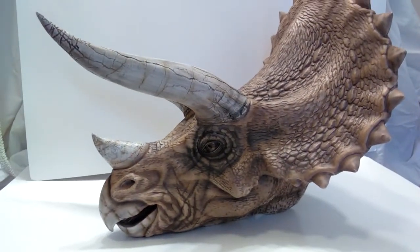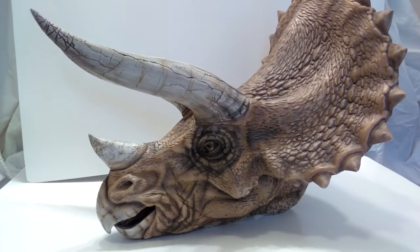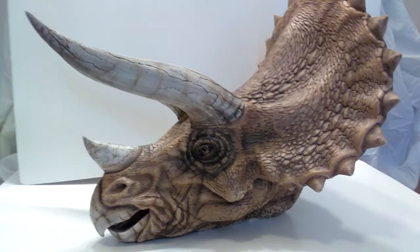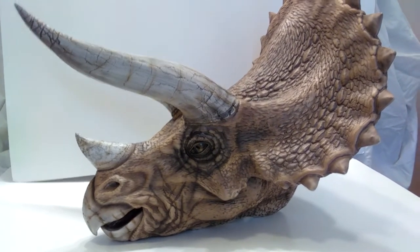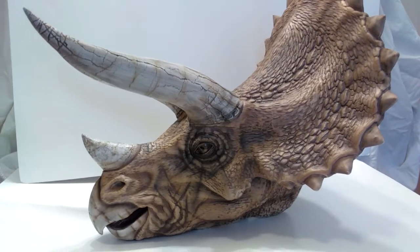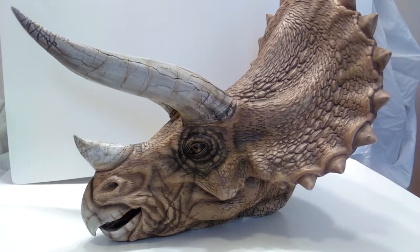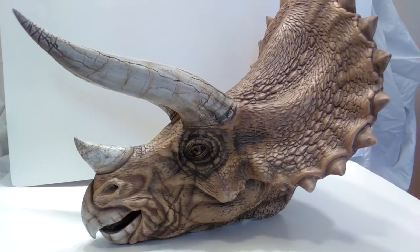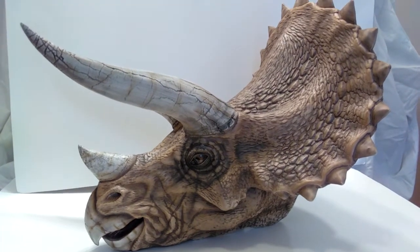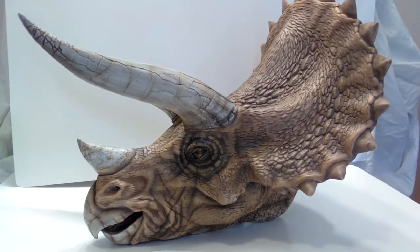This is the 1/5 scale Triceratops from the Jurassic Park movie bust by Dino Dream, and it is absolutely jaw-droppingly beautiful. It is huge on top of being so beautiful, but my god, this thing is awesome. I know Chronicle Collectibles is currently in the process of releasing their own 1/5 scale Triceratops bust, but Dino Dream has pulled theirs out a little earlier than Chronicle, and honestly I like this one much more